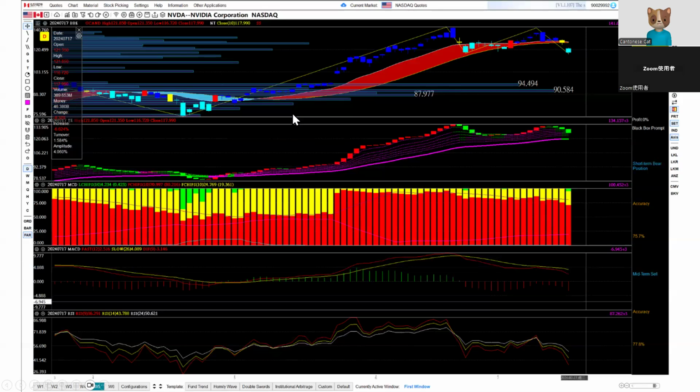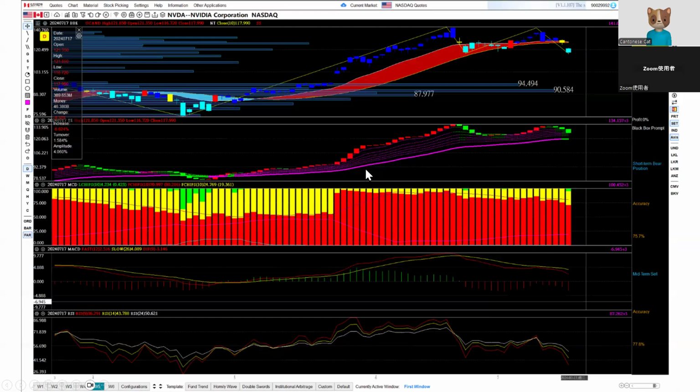Sometimes when I'm writing up my analysis, I usually don't go through each panel in detail because I have to do lots of stock analysis each day. I can't spend all the time going through the details from panel one to panel five. Otherwise, I won't be able to finish up. So that's why I usually skip panel two, because as I have mentioned just now, panel two is a mimic of panel one. However, there are a few things which I would like to clarify